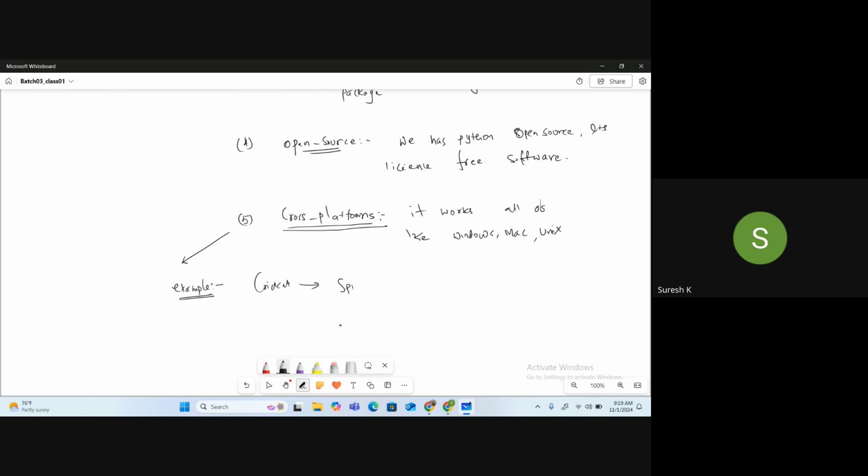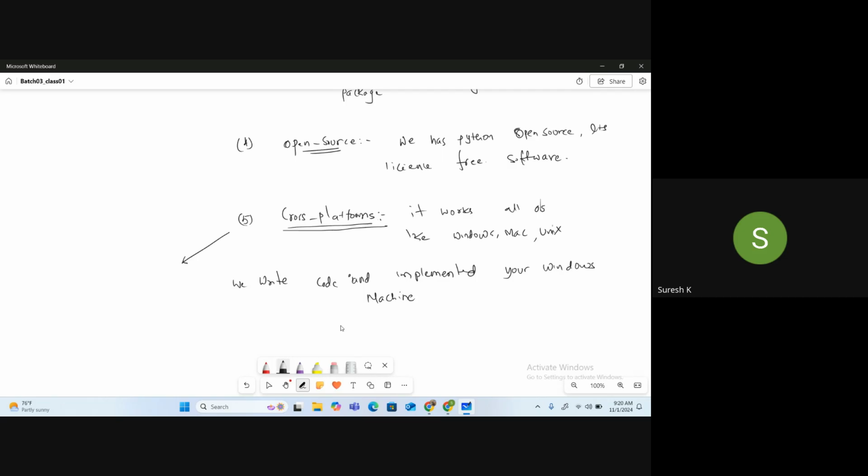Like a cricketer who can play spin, pitch, fast, or all others. So what is cross platform? We write the code and implement it on your Windows machine.